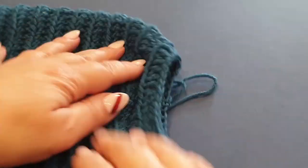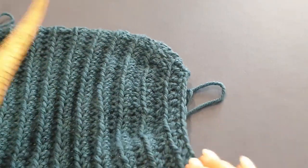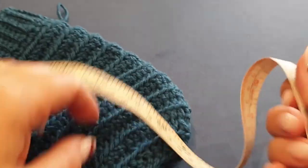I'm not going to cut the thread yet because I want to show you something else. All right, I'm going to leave my messy bun beanie like that, and then I'm going to weave in the end, at the end, in a minute. However,